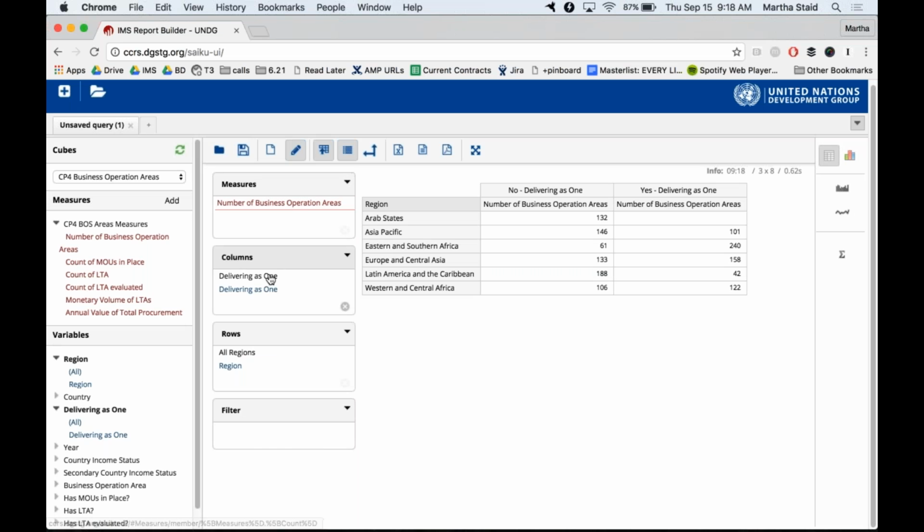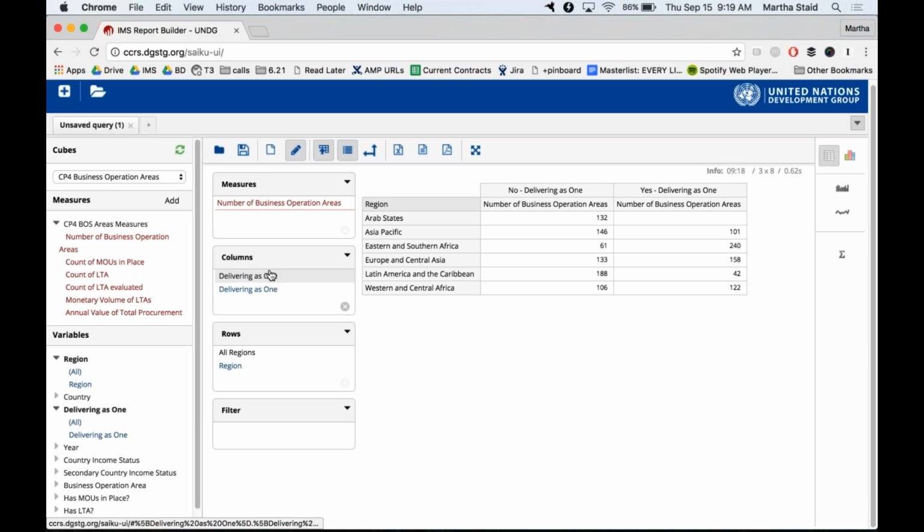Oh, my apologies. Here we go. It shows up in columns because the rows section is already populated. And now we can see here, we have our main pieces of information, the number of business operations areas, sorted by region or disaggregated by region. But then we now also have them separated by column between countries that are delivering as one countries and countries which are not.